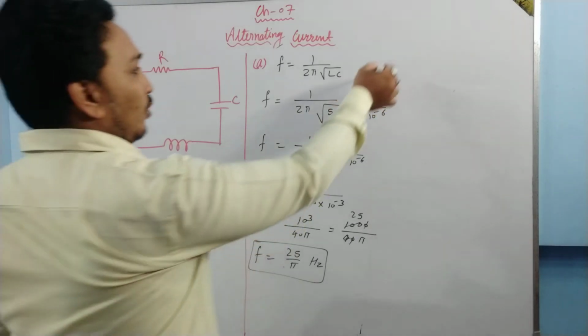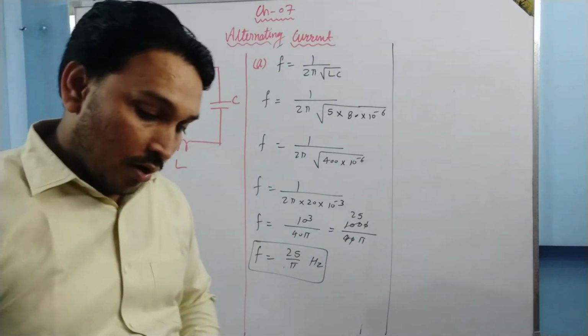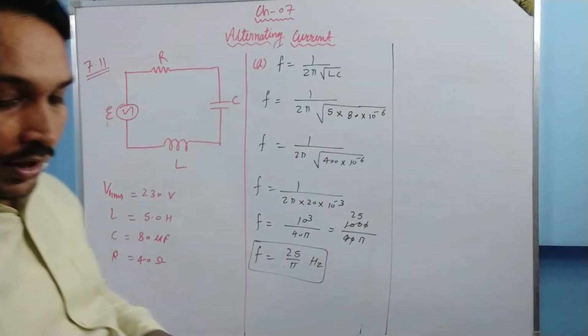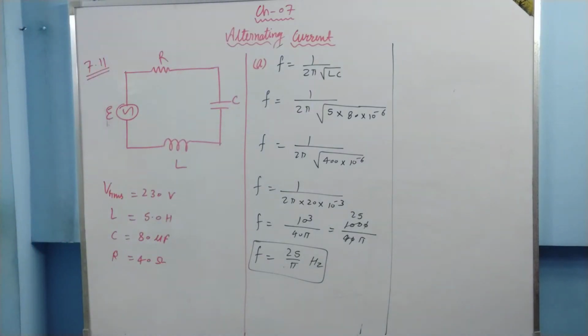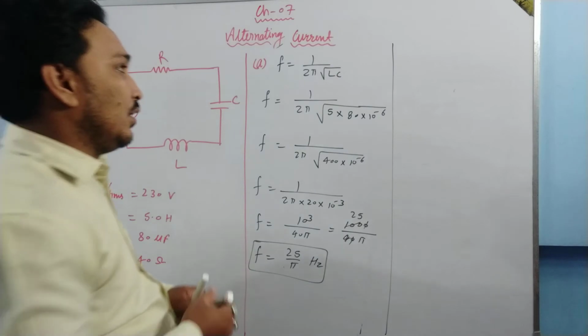Now the second part, what is being asked in the second part? Second part says obtain the impedance of the circuit and amplitude of the current at the resonating frequency. Now if you know the properties of resonating frequency